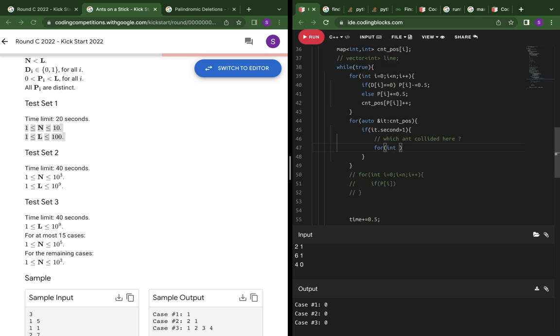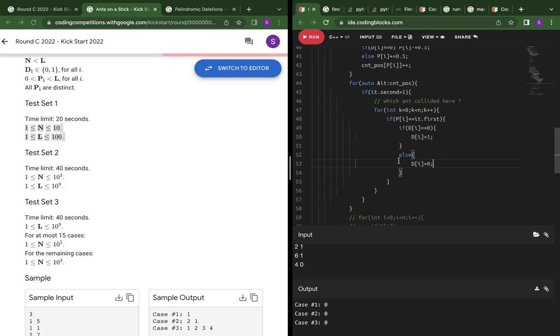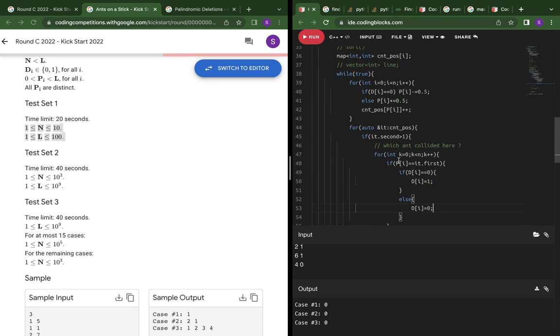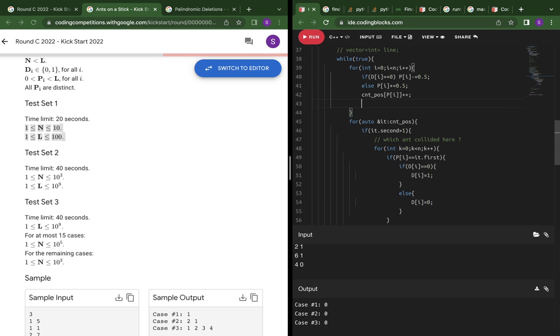So for int k is equal to 0, k less than n, k plus plus, if p of I is equals it dot first, then d of I, if d of I is 0, then d of I would be equal to 1, else d of I would be equals to 0, and if